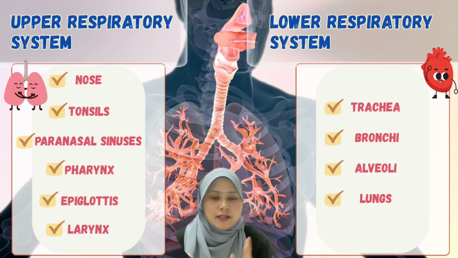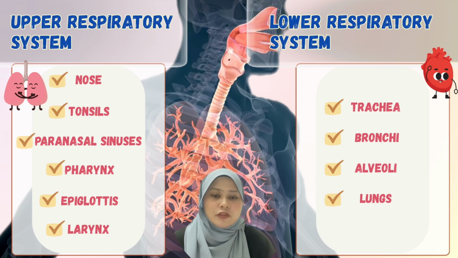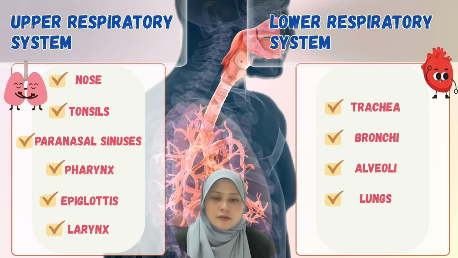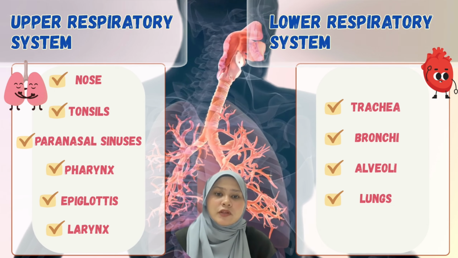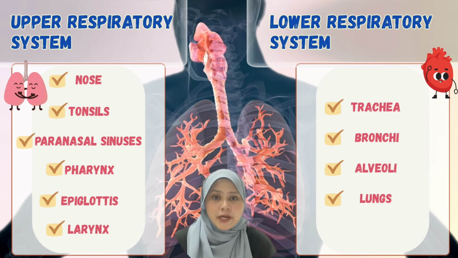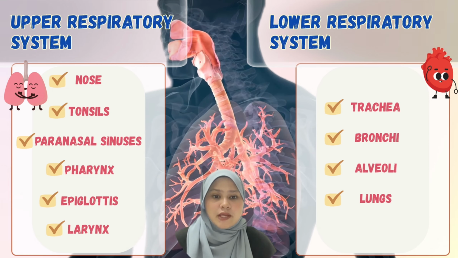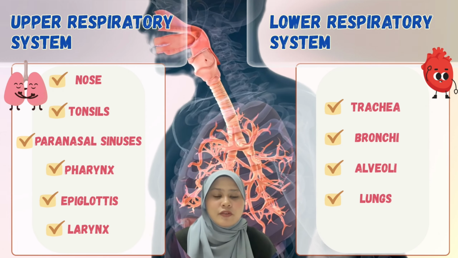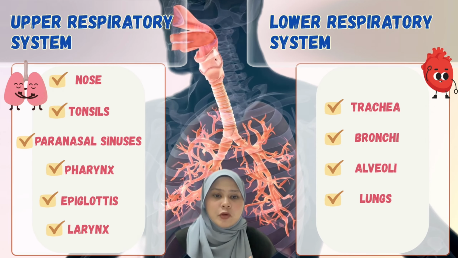So next, let's take a closer look at the two main parts of the respiratory system, the upper respiratory system and the lower respiratory system. Starting with the upper respiratory system, which includes the nose, which is the main entrance for air, the tonsils, which help protect the body from infection, the paranasal sinuses, which are air-filled spaces that help warm and humidify the air